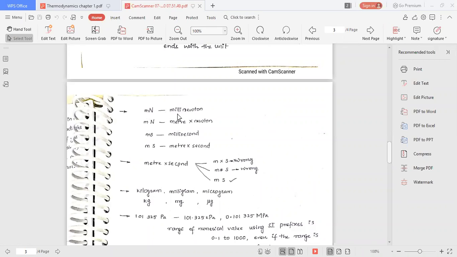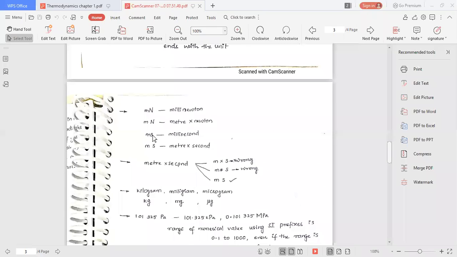Two notations are there. For one notation, two meanings are there. For a small m, there is milli, and also meter is there. So how can you identify? Small m means milli if there is no space between Newton and small m, that is millinewton. If there is a space, that is meter into Newton.